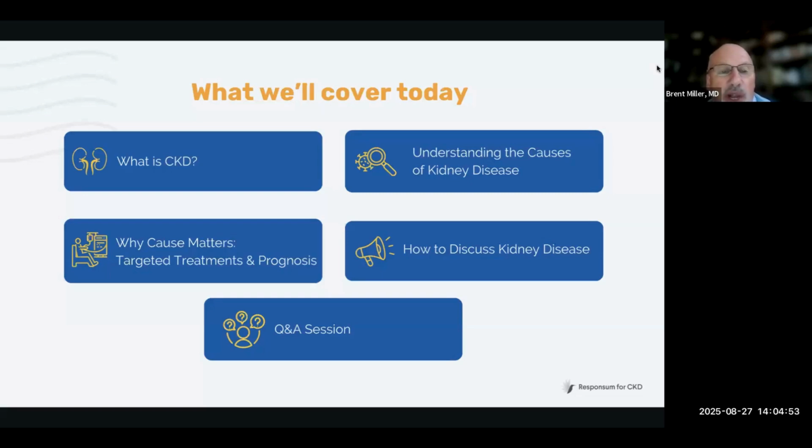And then we're going to talk about, well, yes, academically, that might be interesting. The physicians want to know what caused it, how it caused it, et cetera. But really, why does it matter to me? And in 2025, it's a big deal, where it may not have been a big deal in 2005. And the reason is that kidney problems are easier to diagnose. We understand these processes better. We understand what the prognosis of these are.